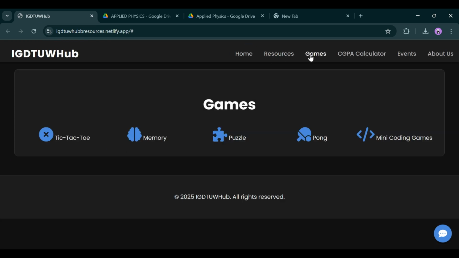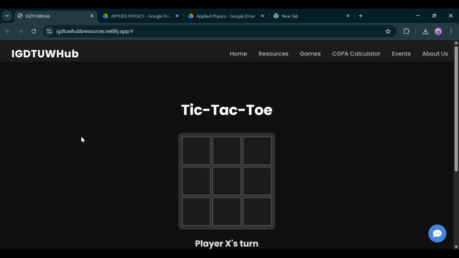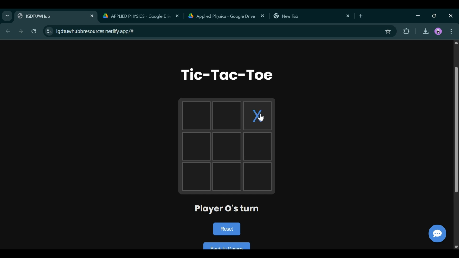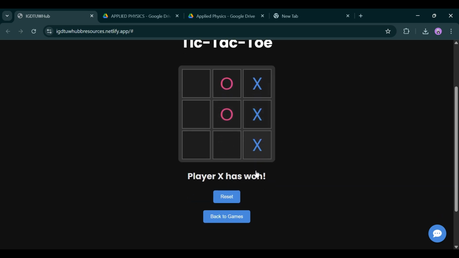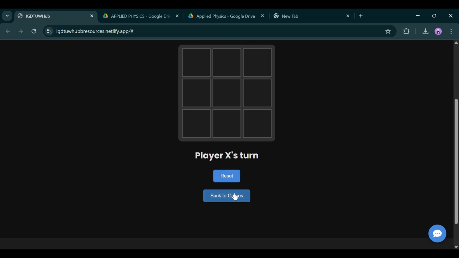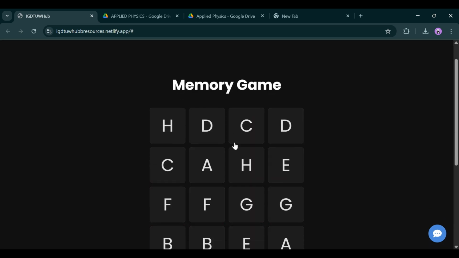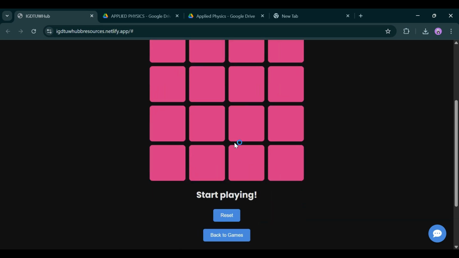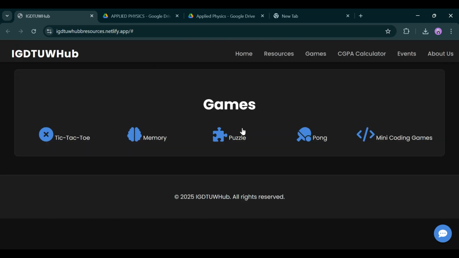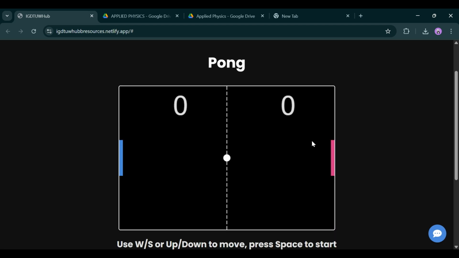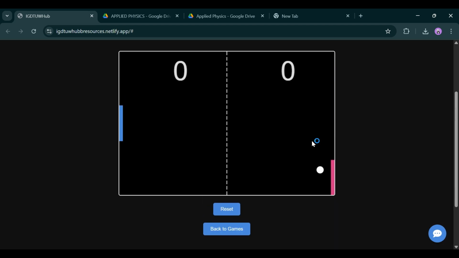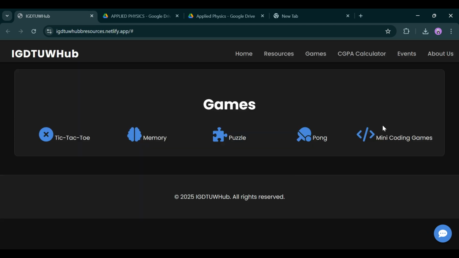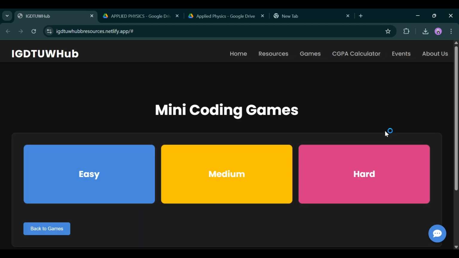Now let's explore the game section. Here you can see different kinds of games. Just in case you are so bored, you can open our website and play a game like this. Player X has won. Reset it and back to games. You can also play a memory game, puzzles, Pong, where you have to use space to start the game,